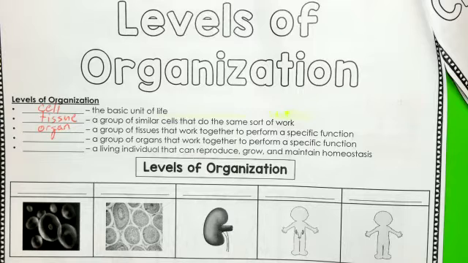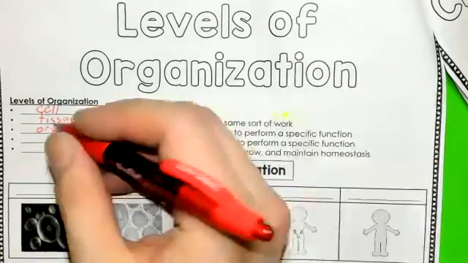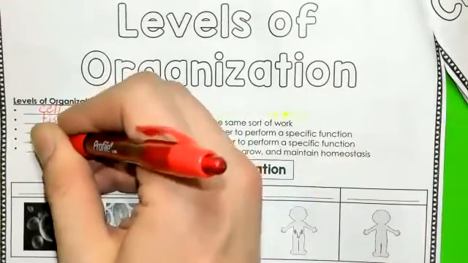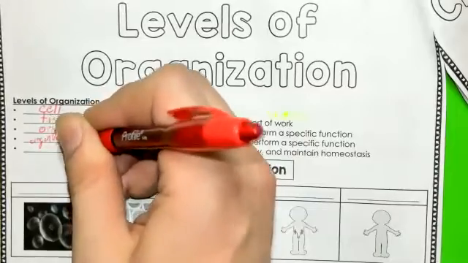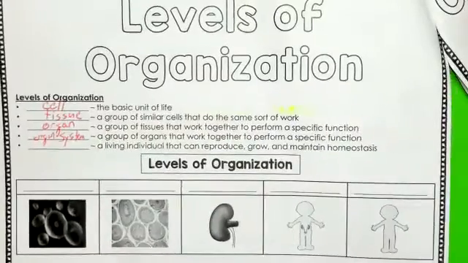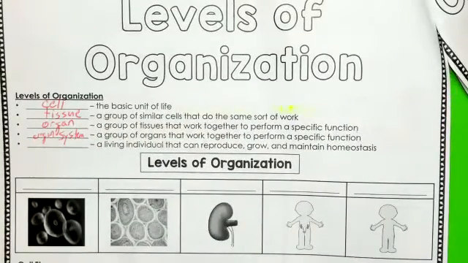Or organs come together. What's up? Yeah, integumentary system. Yep. Your skin. Good. Next, you have organ systems. When a bunch of organs are working together to perform an overall task, that's an organ system. Sorry for my handwriting, but organ system. There you go. And if you have an organ system, that makes an organism.